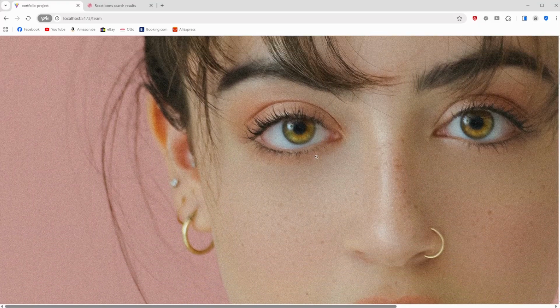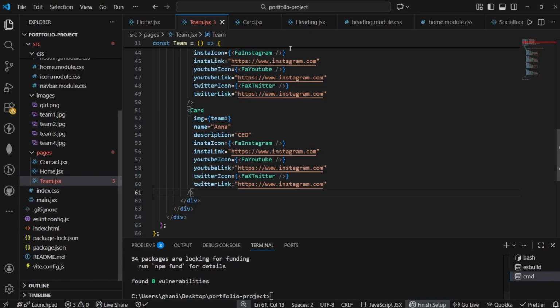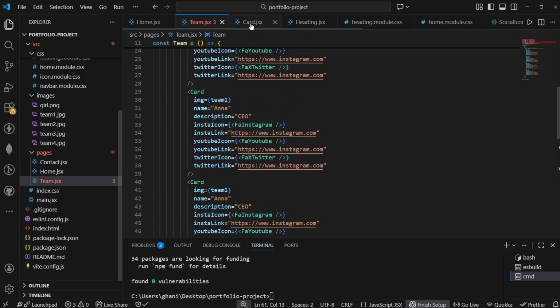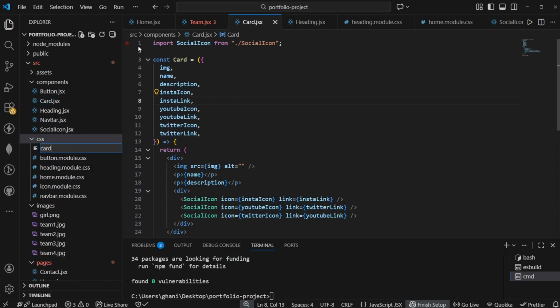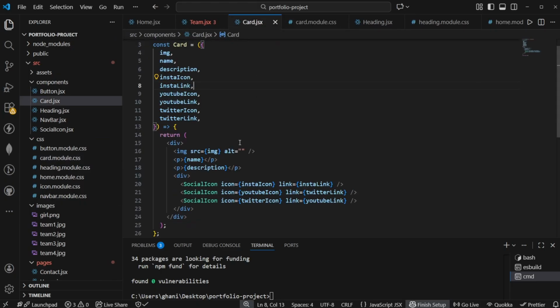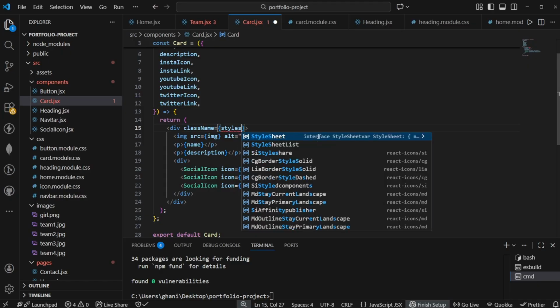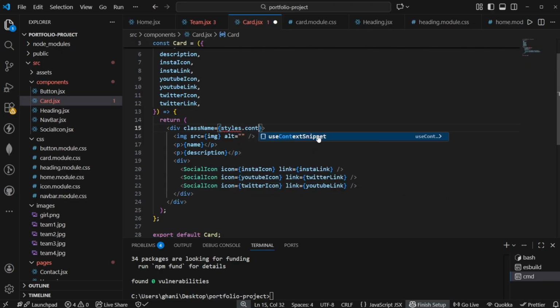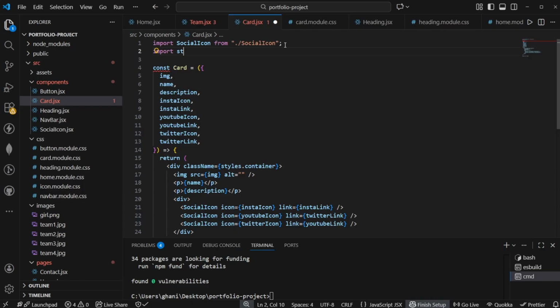But as you can see, our entire style is pretty off because we did not style this card yet. So let's style the card right now. Let's go to card.jsx. Let's create a style, card.module.css. And for this entire card, let's first of all say that we want to use a class name of styles.container. We don't have the styles object yet, so import styles from